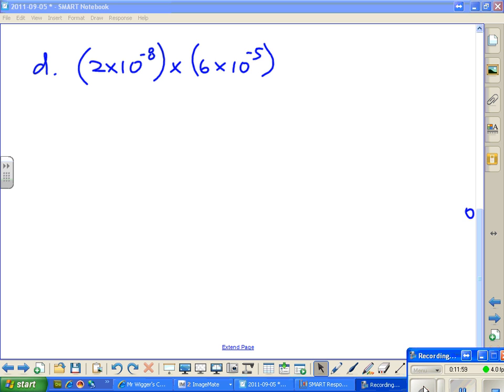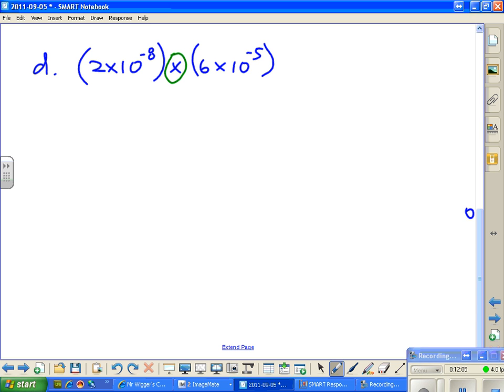Okay, one more problem to set the concept with you. And again, this now is multiply, and as a multiplication problem, we're going to take, first of all, these two numbers, and we're going to multiply them by each other. So this is going to be 2 times 6. That's going to be equal to 12. And then the next thing we're going to do is multiply the exponents, or the powers of 10, that is. So we have 10 to the minus 8, and we're multiplying that